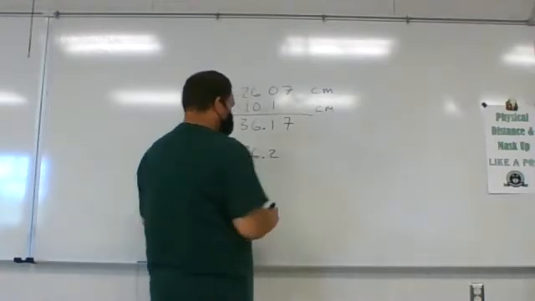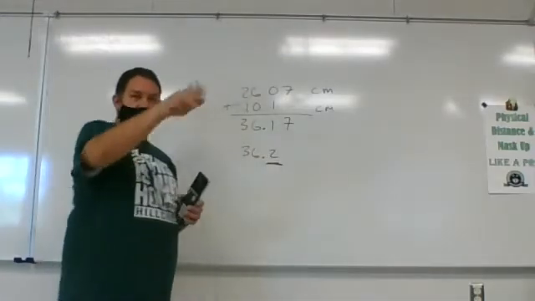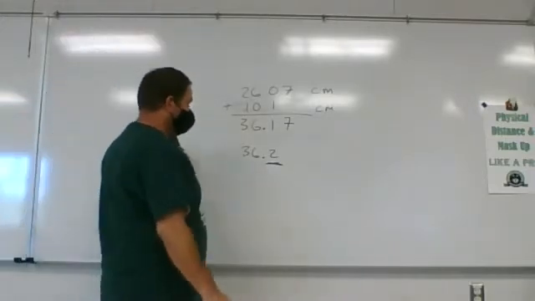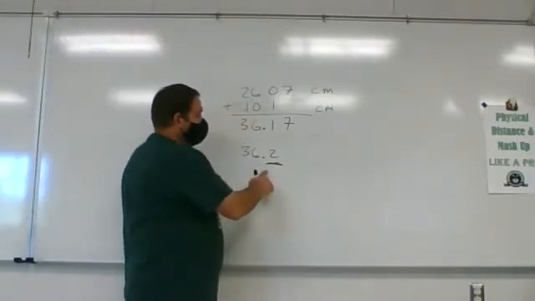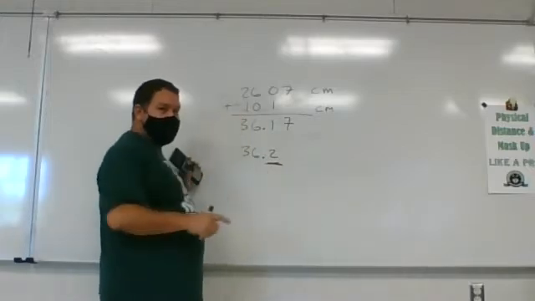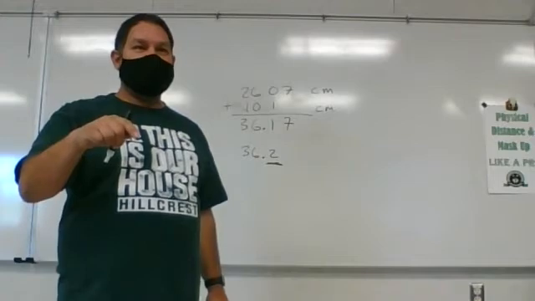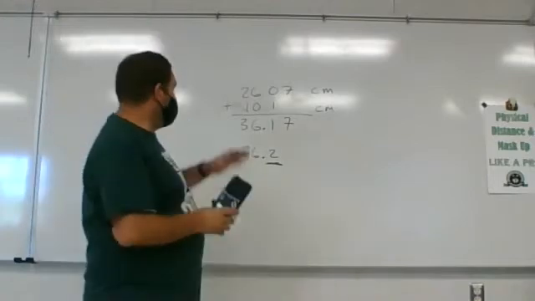36.2, fantastic. That is correct. Why? One number after the decimal, so you need to make sure the answer will be one number after the decimal. Good, okay. Sort of what you can think of with addition and subtraction is that you look at